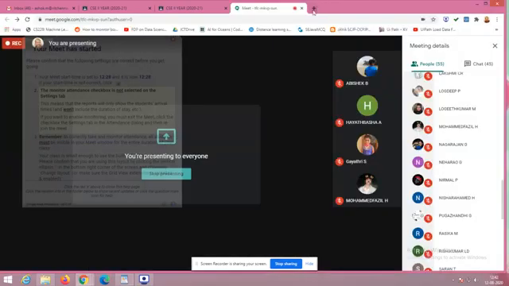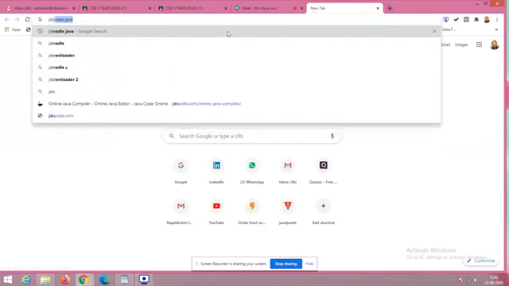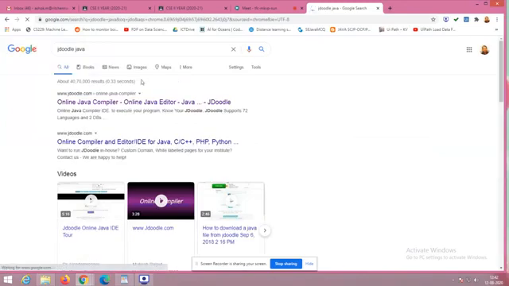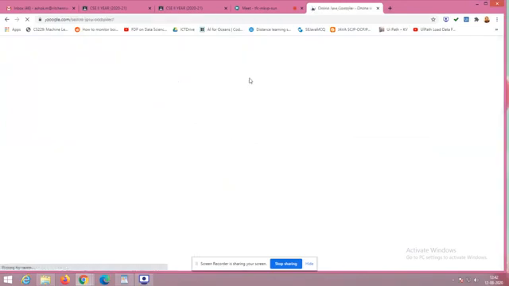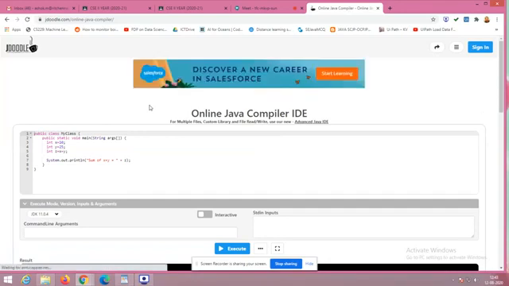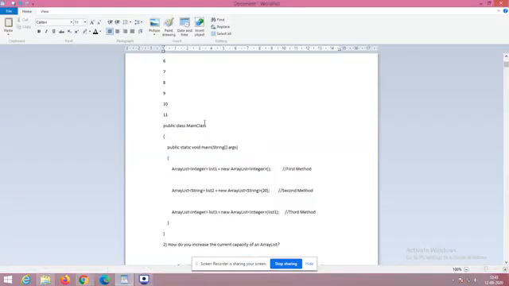So I want to get it done through an online compiler. Normally I will be using this JDoodle, right? I found it convenient over the past days, and I was doing well on these compilers. Else, if you have installed JDK on your machine, it's ready to work for you also. Even I have that, but I found this very easy for us to manage.